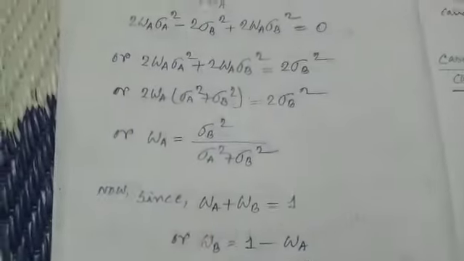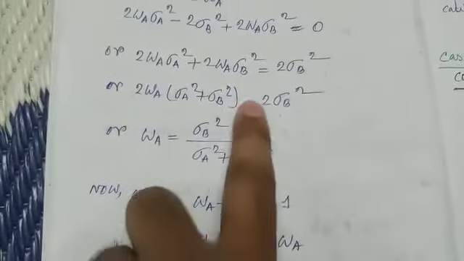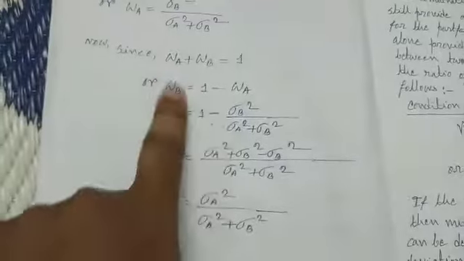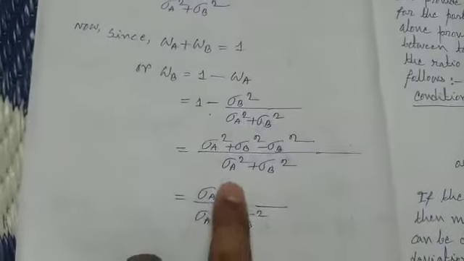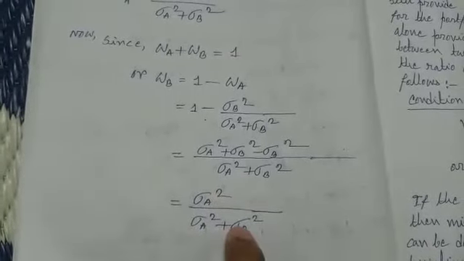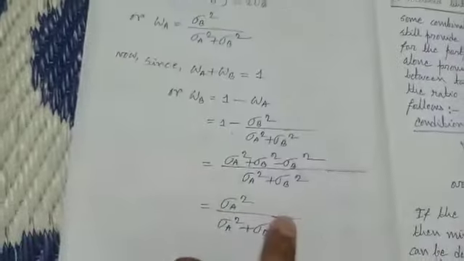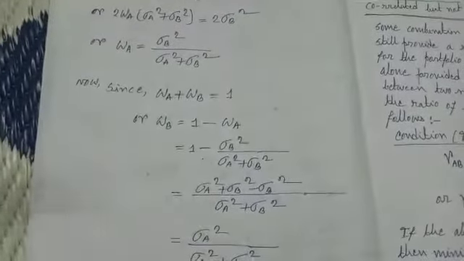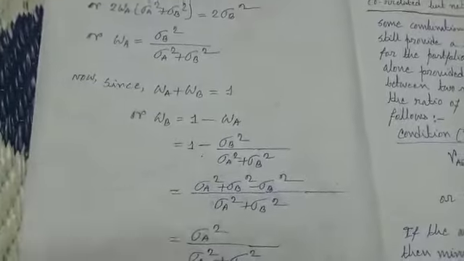but for getting the maximum diversification benefit, the weight that is to be set for security A will be sigma B square divided by sigma A square plus sigma B square, and the weight of security B will be taken as sigma A square divided by sigma A square plus sigma B square. So this will be the weight for security A, and this will be the weight for security B, where RAB equal to 0. That means the securities are independent of each other.